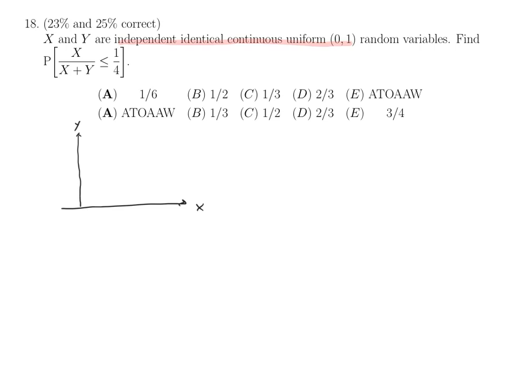So there's a lot of facts in there. And the main fact is that they both have this same PDF, which is equal to 1 on 0 to 1 and 0 otherwise. And because of independence,